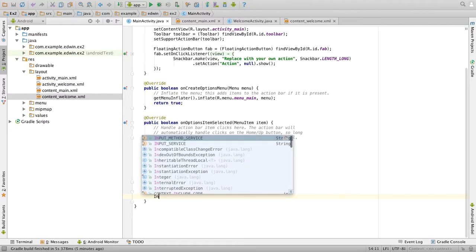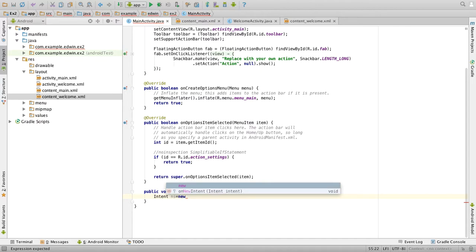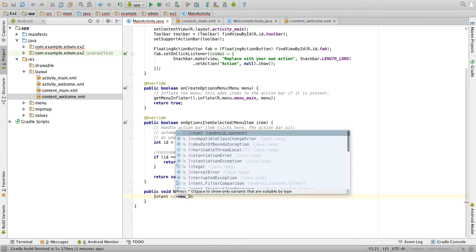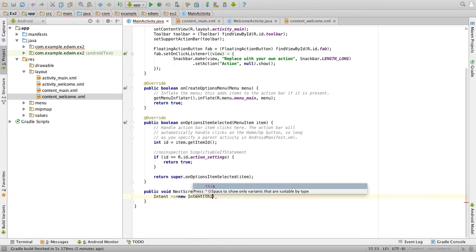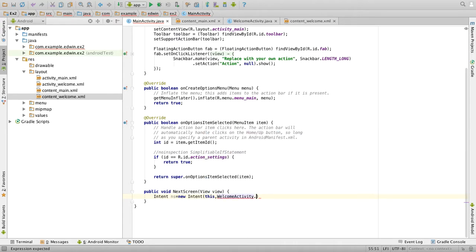So Intent ns equal to new Intent of this, comma, the next class which you want to go. In our case it is WelcomeActivity. So WelcomeActivity.class.